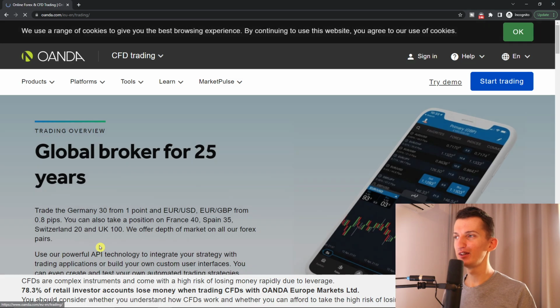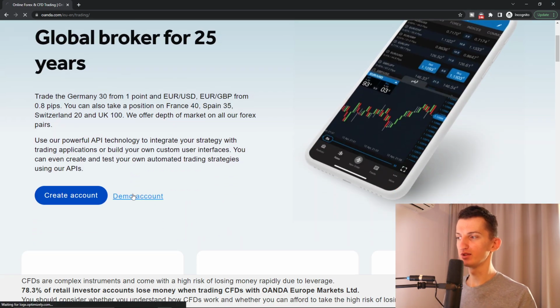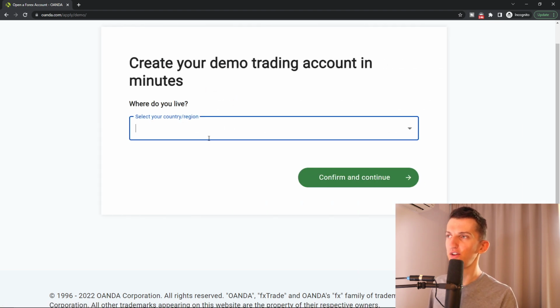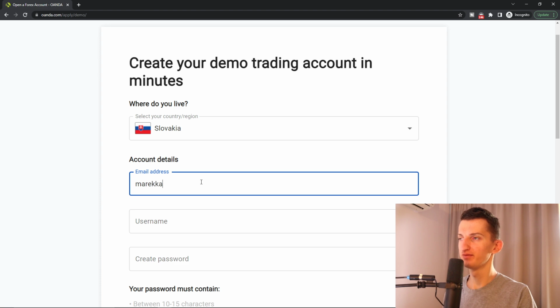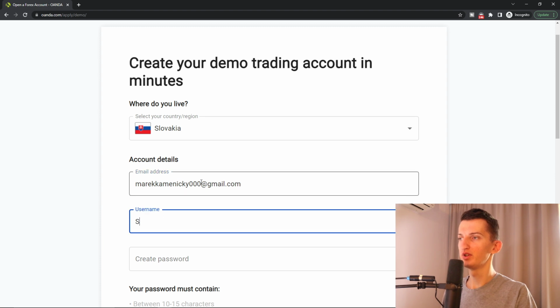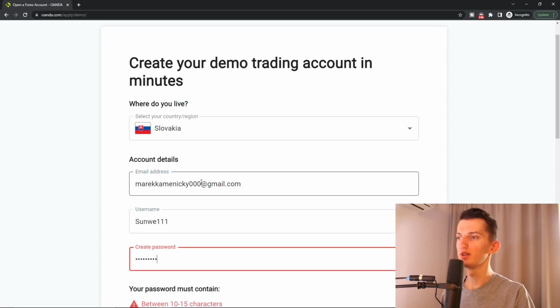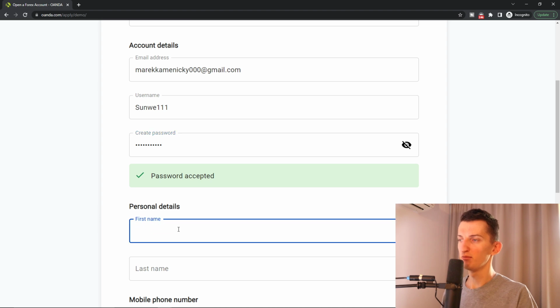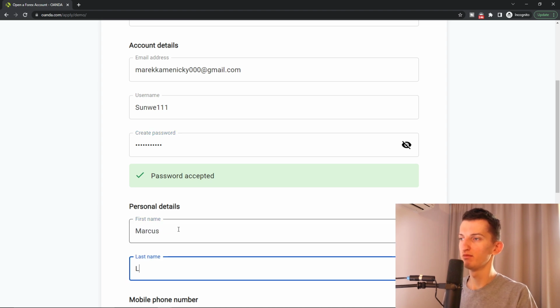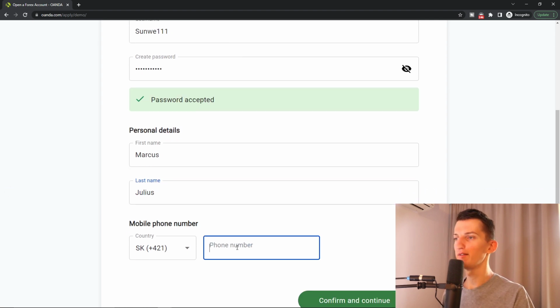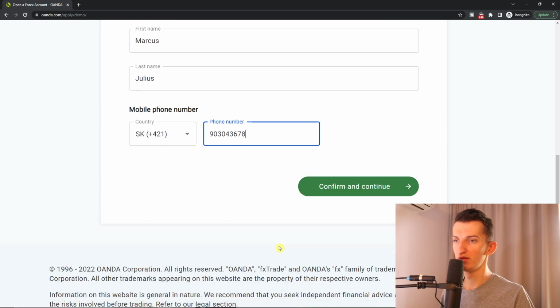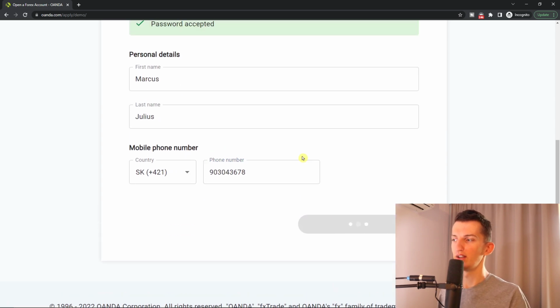So you're going to click here, CFD trading, and then demo account. When you're going to be here, you're going to choose the country, account details, username, password, first name, last name, and then phone number. Confirm and continue. Now if you're going to confirm and continue, you're just going to wait here